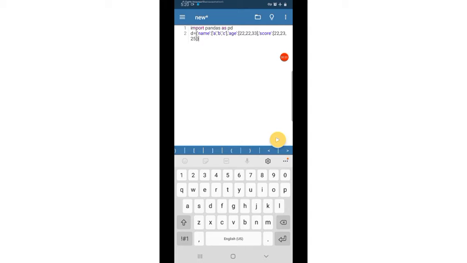Then we have to create a data frame. df is equal to pd dot DataFrame, bracket d.